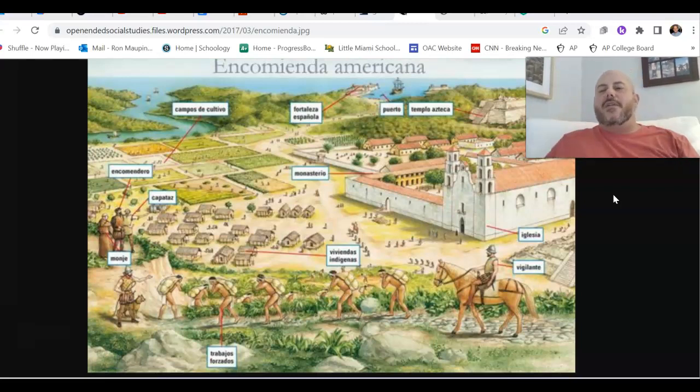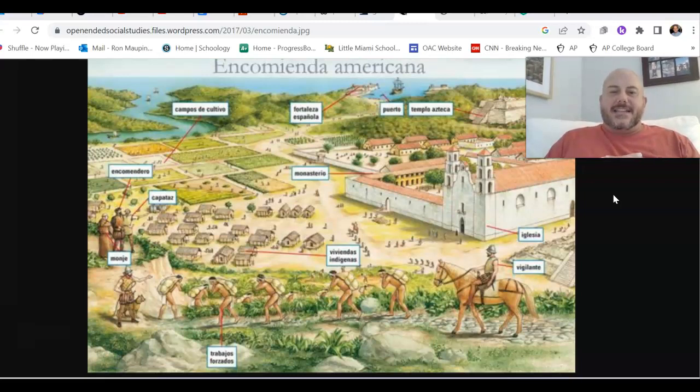If you are the lord, you own the property. You own the land. You own all the resources. And those that are living and working there, those peasants, have a duty-bound responsibility to provide labor to aid that lord. And that's what you're going to see here in the Western Hemisphere. Native peoples that have not yet died from disease or anything else will be quickly forced into labor roles. This is de facto slavery.